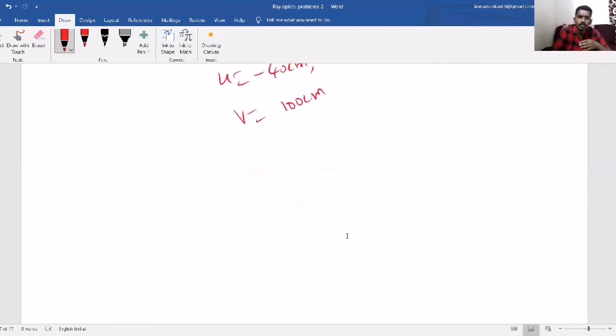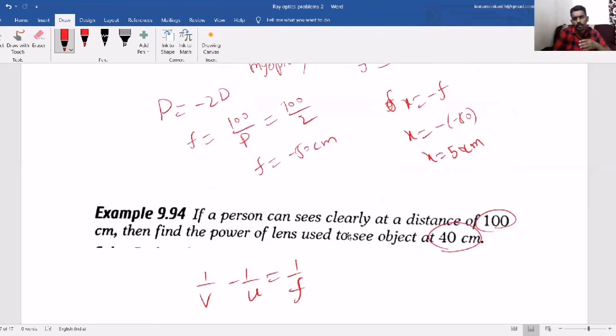This way you can solve a lot of questions. Try to solve as many questions as possible and try to understand. This is how you have to deal with optical instruments, and the most important part is the lens. What are the types of questions they usually ask in entrances, especially CET and NEET level, in case of convex lens or concave lens? So please try to solve as many questions as possible.